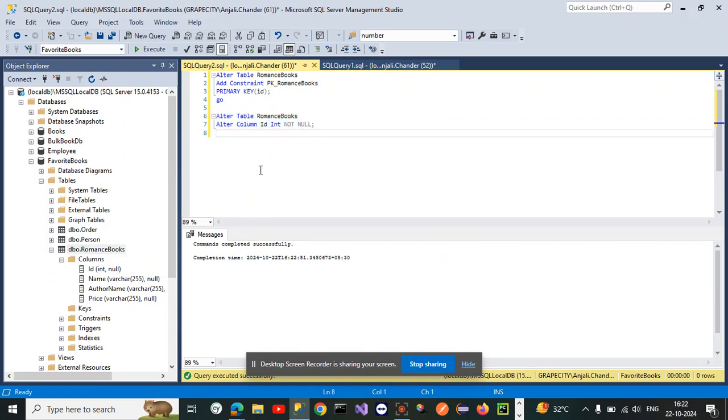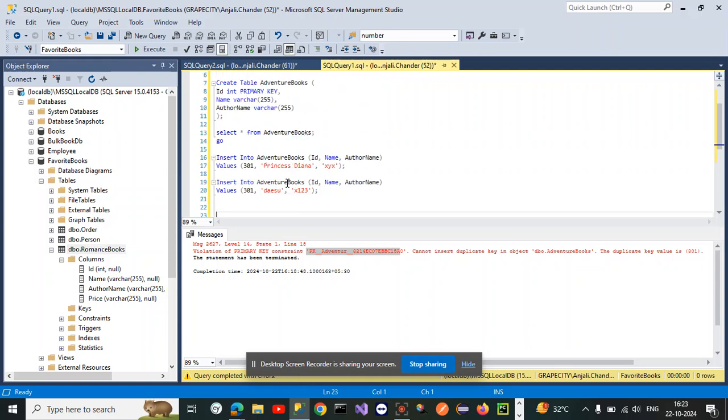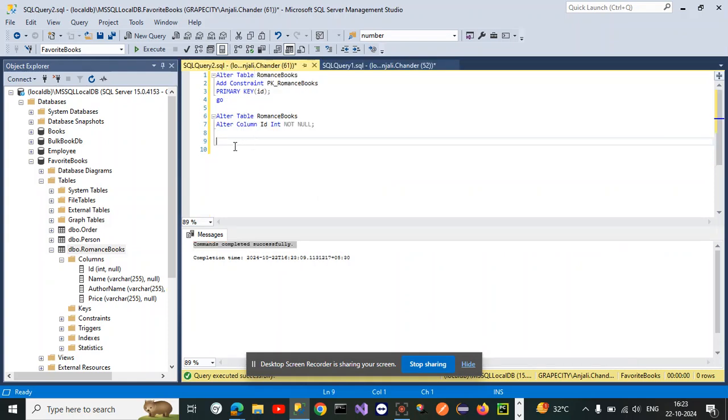It's now working. Okay, now we have made id as not nullable, so we can apply this primary key constraint now without any issue. Let's just run this query. As you can see, command completed successfully. So now if you will try to add the content into this romance books, let's just copy this command and try to add it into